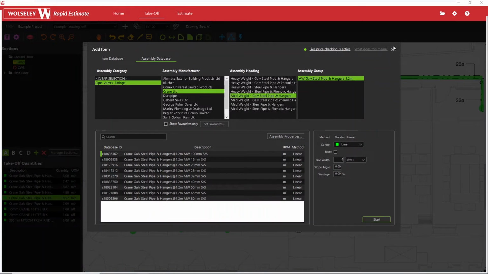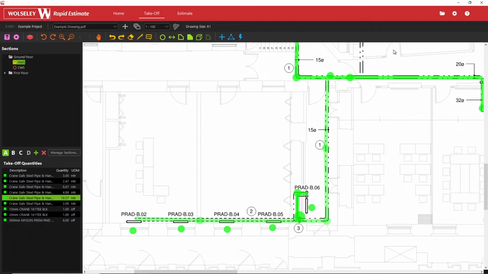So a good example of that might actually be a radiator valve setup, which you could create that would have the multiple different items, TMVs and lock shields and everything else which you'd need. So rather than having to do multiple counts at every radiator, you would just allow for one setup of each. So then that's all you'd be allowing for is the actual radiator itself and a complete setup, which of course is going to save you a lot of time in the long run,